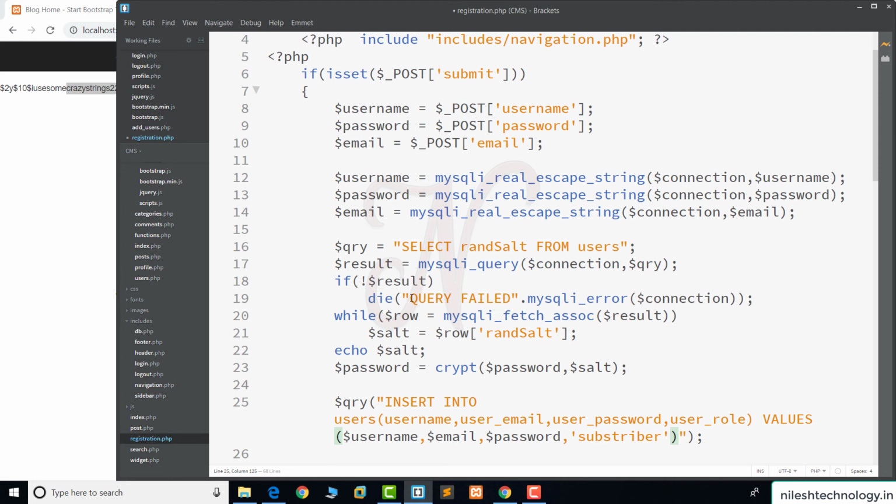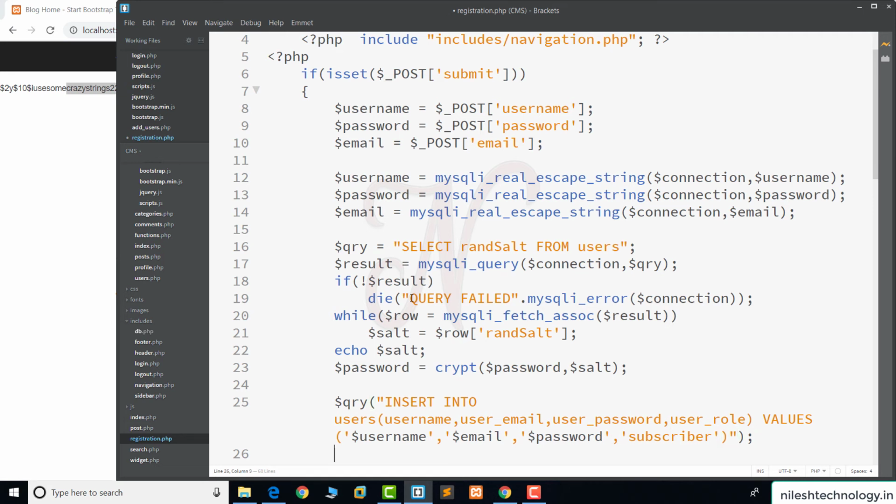This is the default user, the subscriber. Username is in single quotes, email is in single quotes, password is in single quotes.